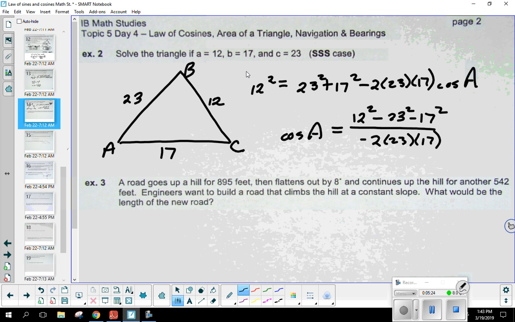Okay. Did anybody want me to go through manipulating the equation, show you how I got that? No? Now, we're going to go ahead and figure out a decimal value for this ratio, but then I'm going to ultimately have to do what? Inverse cosine. There we go. Okay, so